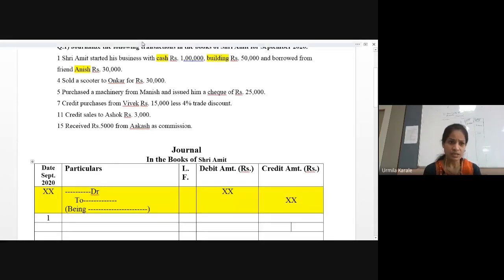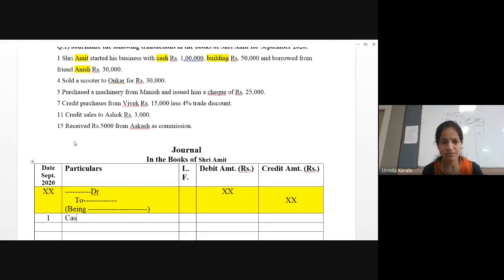Now Amit is the giver. Amit has given this money. So Amit's account will get credited. So Amit is the owner. He is the giver. So Amit, owner, when you contribute, we call it as a capital account. And owner, when withdraws for himself, we call it as drawings account, right? So I'm just mentioning it here, since these 2 accounts debit and these 2 accounts credit. So I'm just mentioning the transaction here.